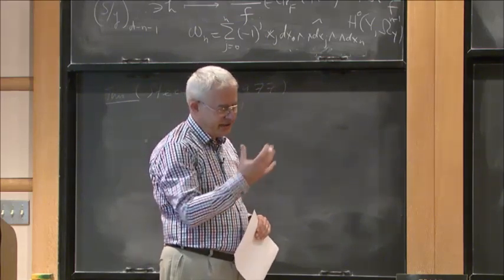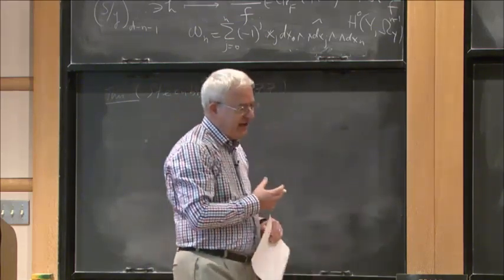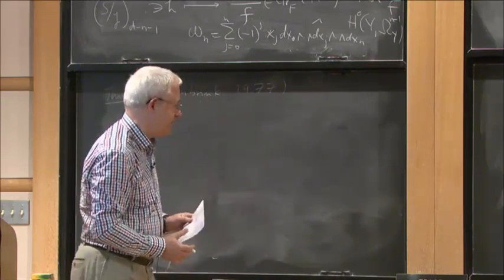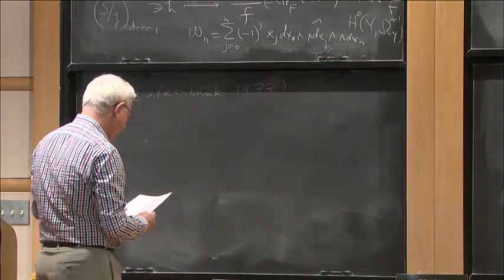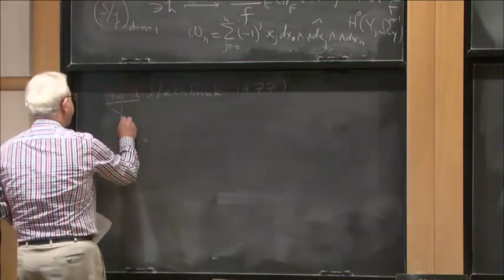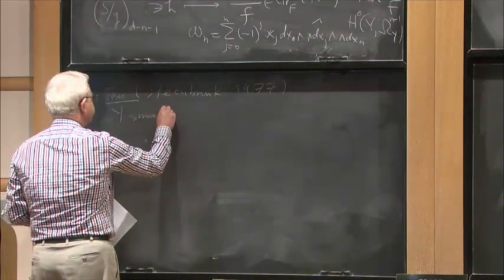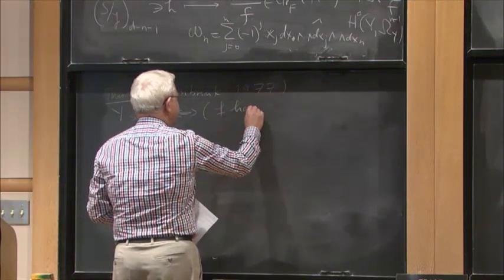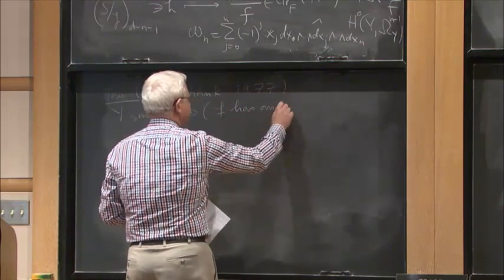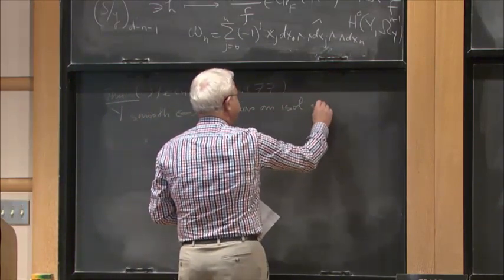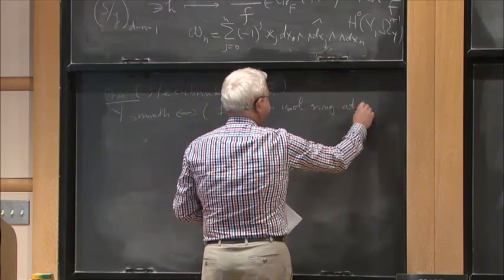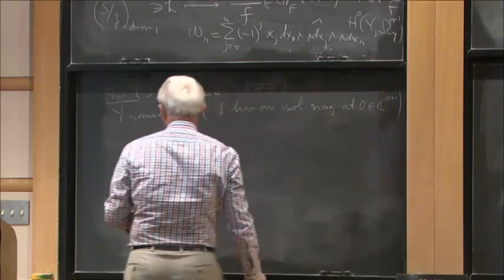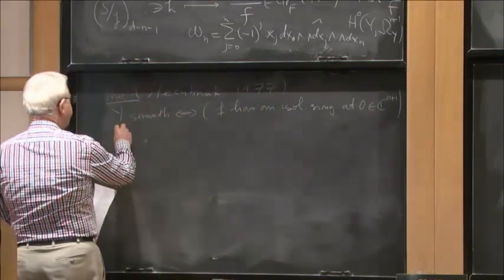And he uses a relation between signature and Hodge numbers, and that's why he was interested in establishing such a result. And so again, if Y is smooth, which is the same as saying that F has an isolated singularity at the origin, then